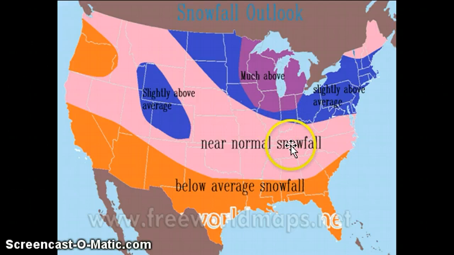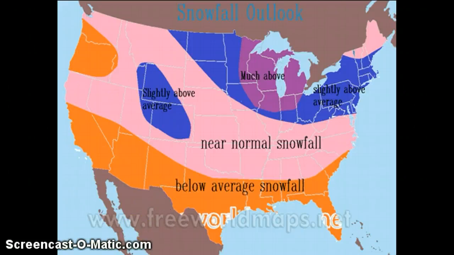Then near Denver, Colorado, and Idaho, and eastern Nevada, those places can expect slightly above average snowfall. That's what I'm calling for right now. Now the southern states are going to be below average snowfall, and also near Portland, Oregon, and just south of Seattle are going to be below average, where I just don't feel that the jet stream will be in favor for them, for colder storms to happen.